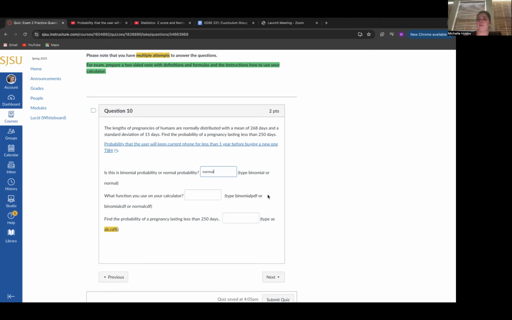Since this is a continuous variable, like a pregnancy length, it's going to be a normal distribution. So we're going to use normal CDF for that, and then we're finding the probability of lasting less. So my calculation is